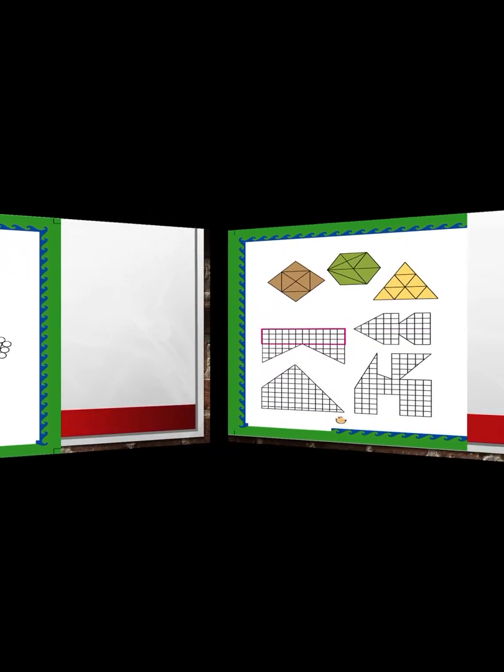Now children, there is a joker here, and now you have to draw it. Where there are triangles, you have to color them red. Where there are rectangles, you have to color them blue. Where there are squares, you have to color them yellow. Where there are circles, you have to color them green. So now just do it in your copy, draw the joker and color it as instructed.